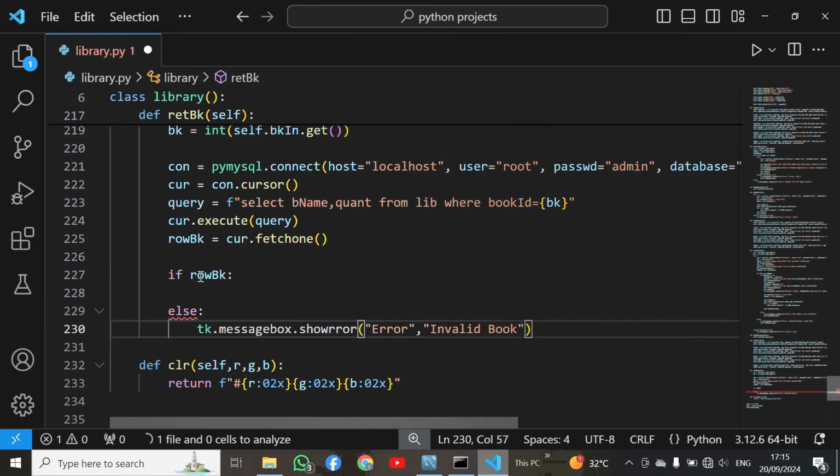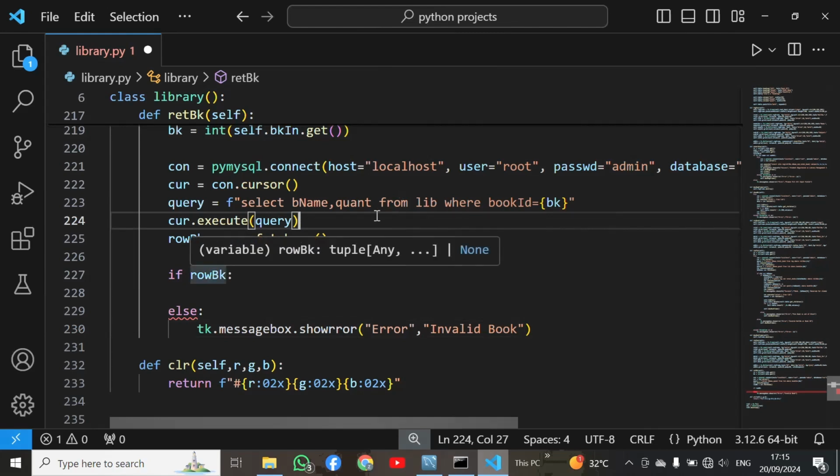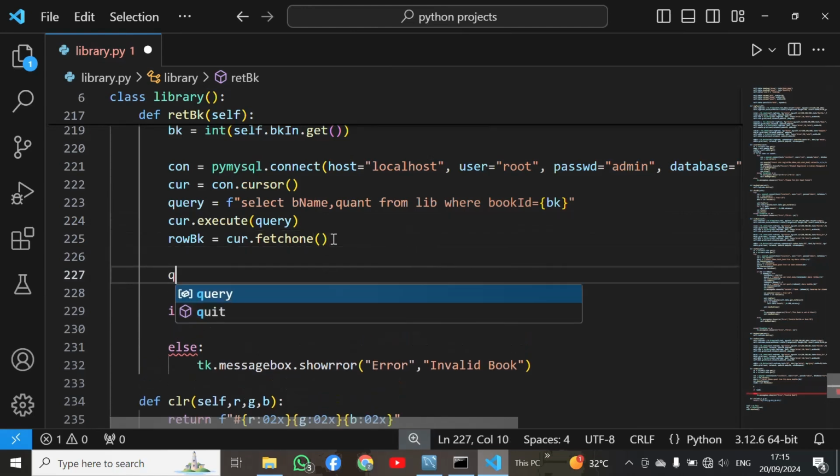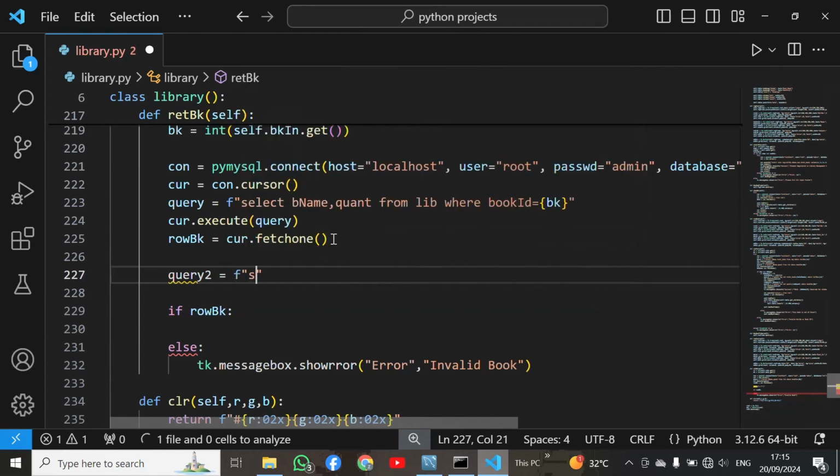Okay, and then here I have to use, and also I can get student name. Okay, and then we can use both conditions in the same statement. So here I will execute one more query. Okay, query 2, and here I will use formatted string select. Okay, select as name and total book